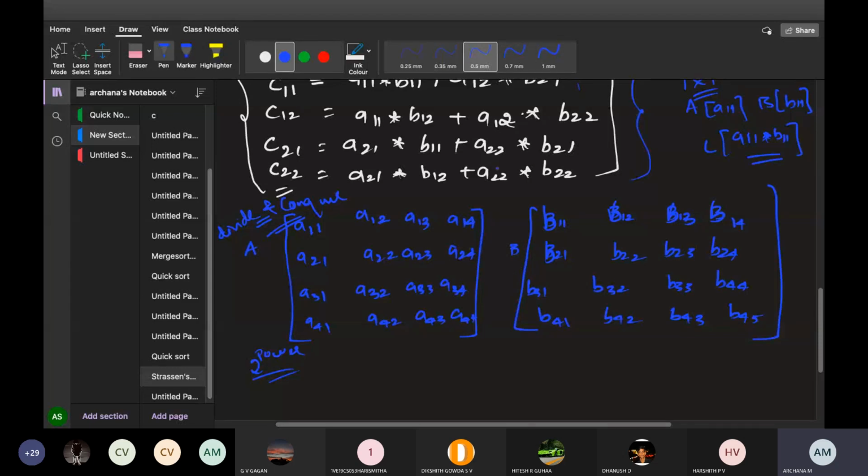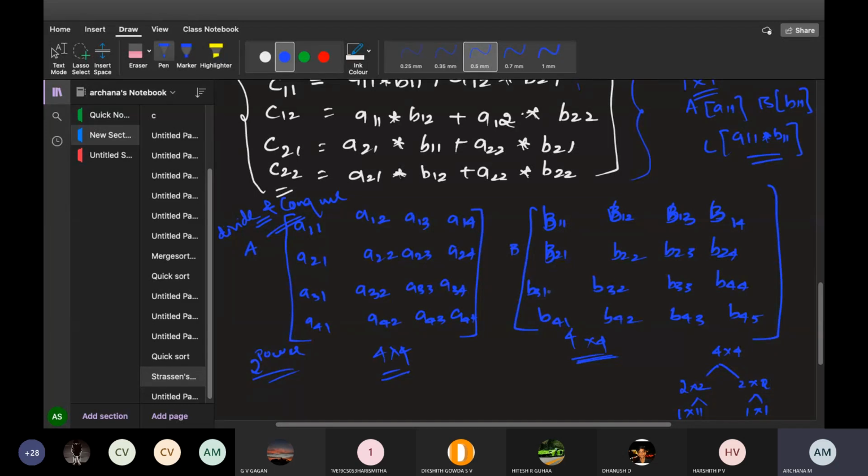Okay, now 2 cross 2 is there, no need to divide it by using divide and conquer. Now my example is having 4 cross 4. Now what happens? There is a 4 cross 4 matrix. I can divide this into two different parts, right? I can divide it into 2 cross 2. I can again divide into 2 cross 2. If again I want, I can divide into 1 cross 1. Like this I can do this, right? So always see to that when you have a big algorithm with big matrix, try to convert that into 2 powers. Okay, that's all.